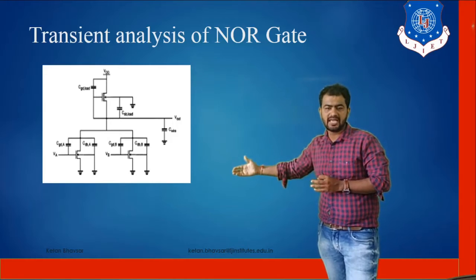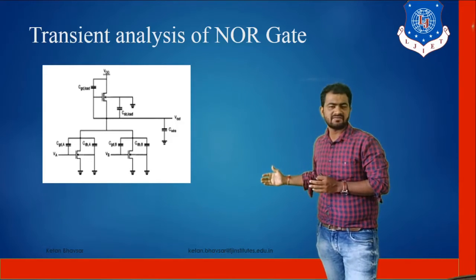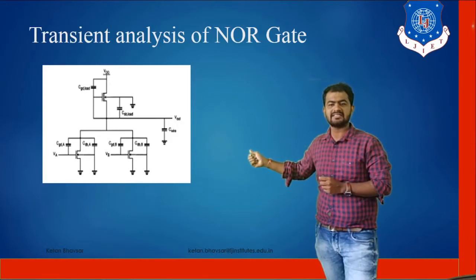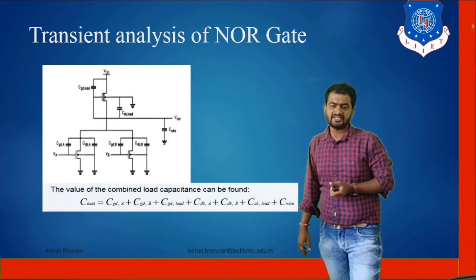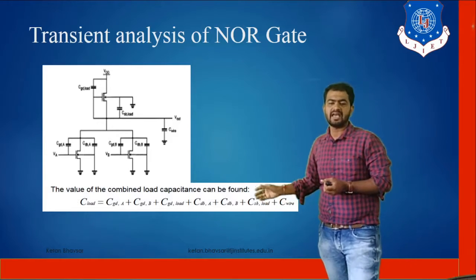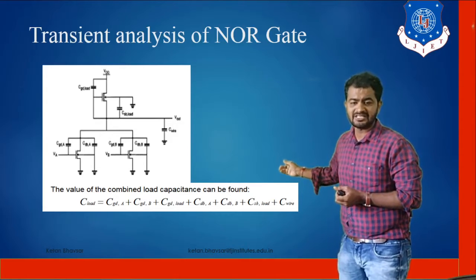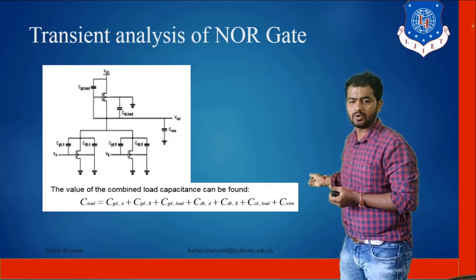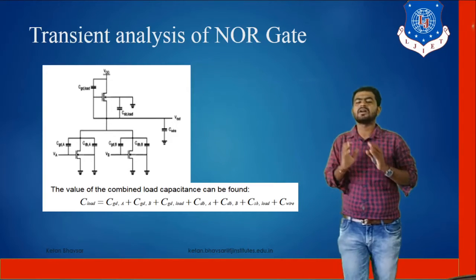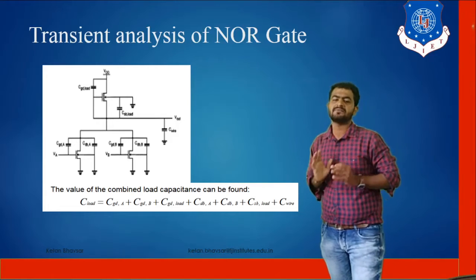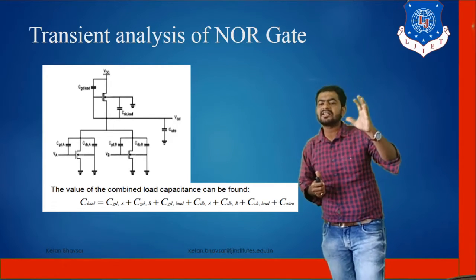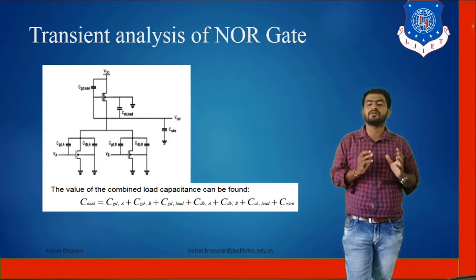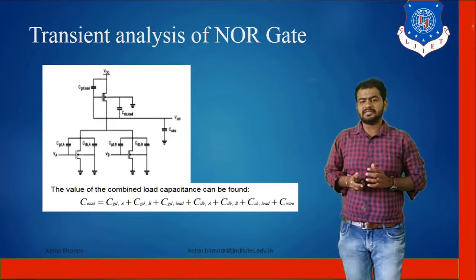So as you can see, for VA and for VB, we have a different configuration in terms of CGD and CGB, CGDA and CGDB. So as you can see, we have a total load configuration. C load we have in terms of CGDA plus CGDB plus CGD load plus CDBA plus CDBB plus CDB load plus CY. So we have a total number of configuration in terms of the capacitance too in this transient analysis. So ultimately, in transient analysis we focus only on that part, that we are considering the different types of gates or different possibilities.